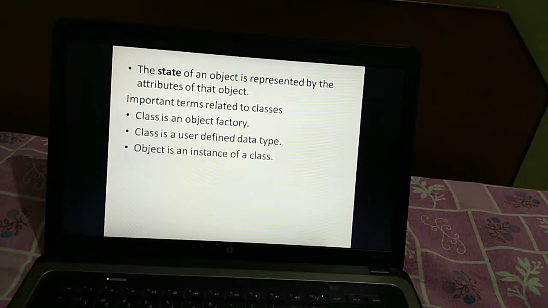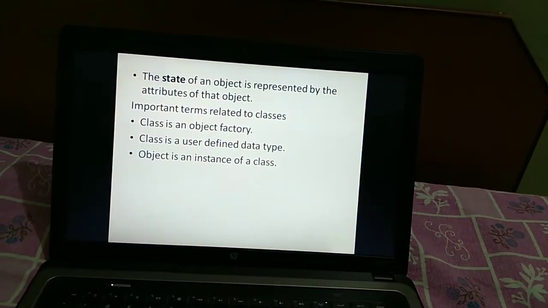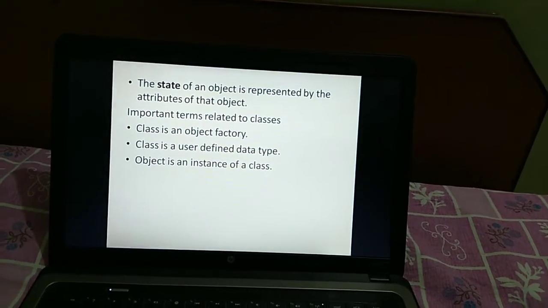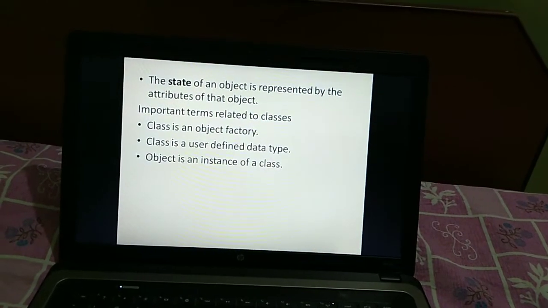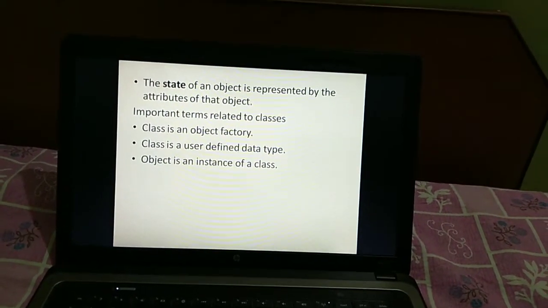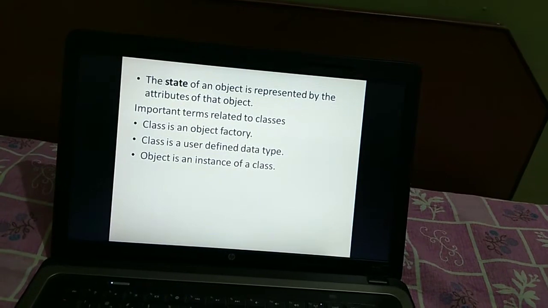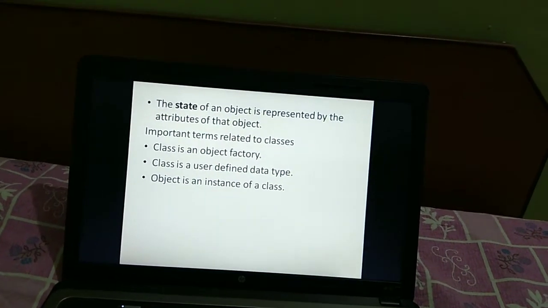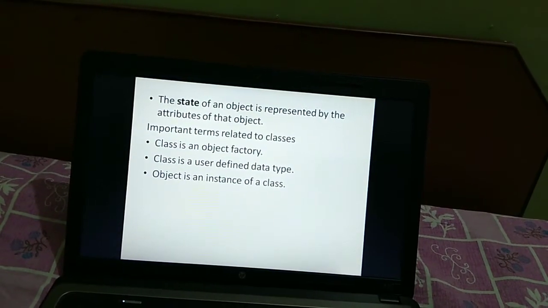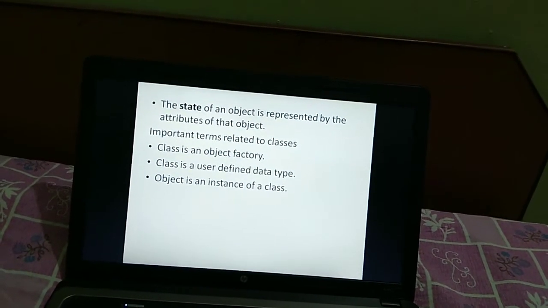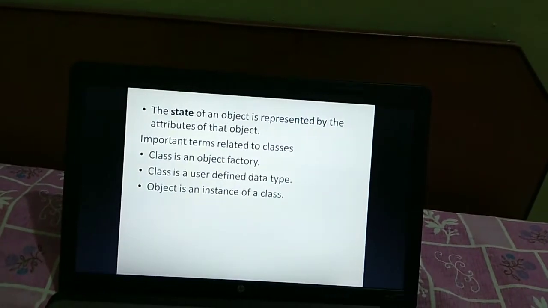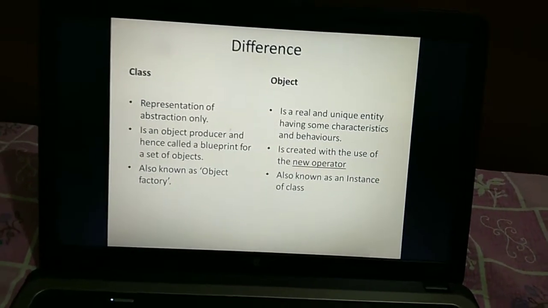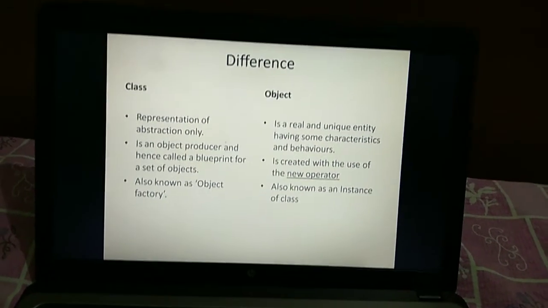And the important terms related to the class: class is an object factory, class is a user defined data type, object is an instance of a class. So these important terms you are supposed to know related to the class. So this is a difference between the class and an object.